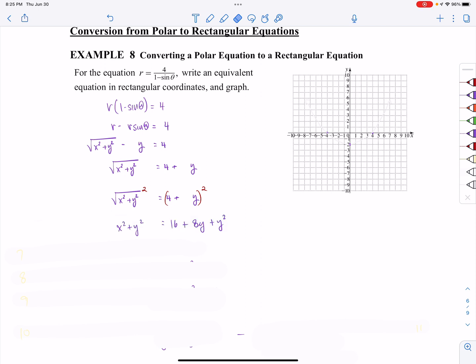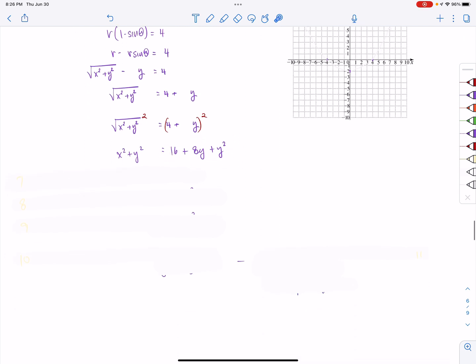So on the left side, I got rid of my square root. On the right side, I'm FOILing, so make sure you don't forget to FOIL. And then I'm going to start combining like terms. So I notice that my y squareds are going to cancel each other out. My 16 I moved to the left side. My 8y I left over on the right side. Then I will divide on both sides. Well, here I actually just traded the two sides. And then I'll divide on both sides by 8. And then I can reduce each one of my fractions so that I have y equals 1/8 x squared